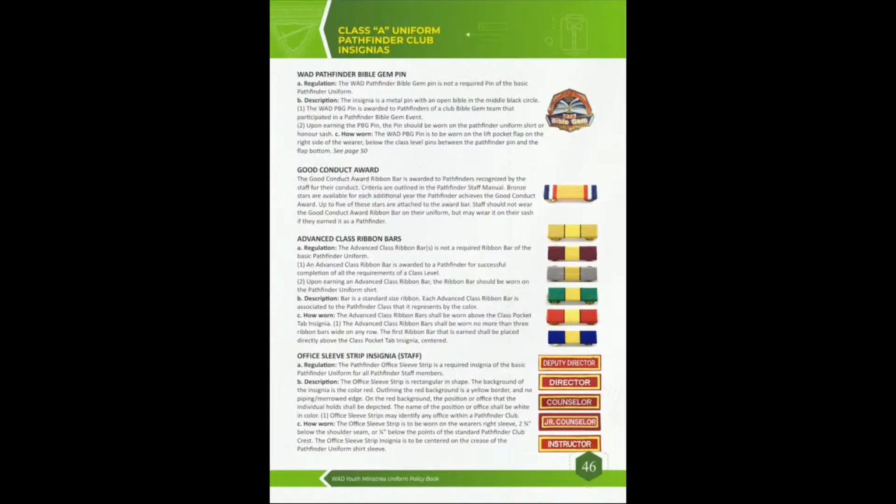So for leaders, we can have deputy director, we can have director. So you remember for Adventurer, all of these were written on white, right? In white. But here we have this one written in red. The background is red, it's different from the background of Adventurer. Here we have directors, we can have counselor, we can have junior counselor.